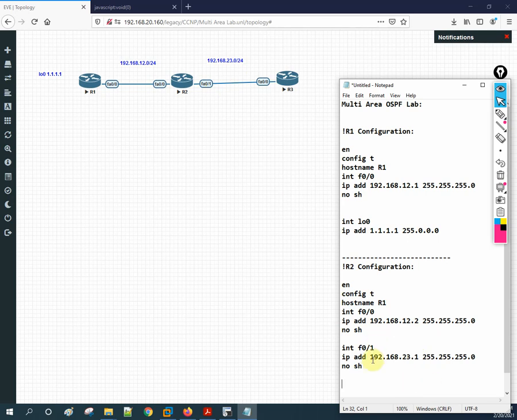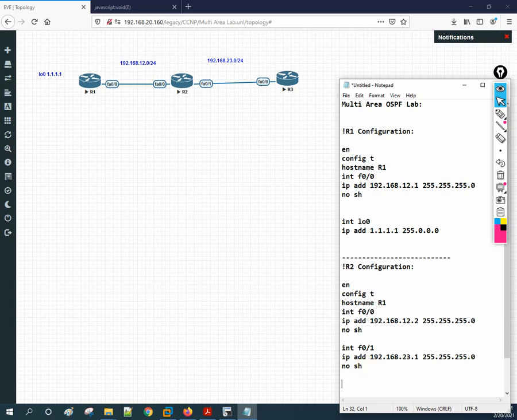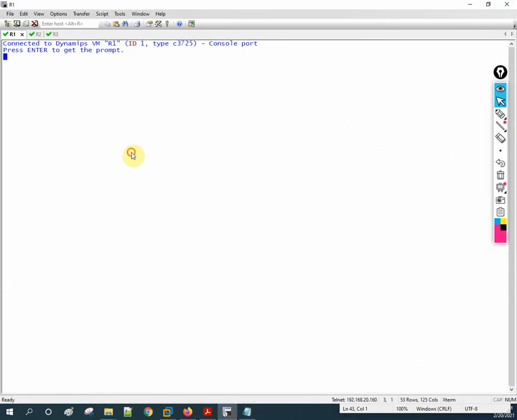And for the router 3 I will copy from here to here and I will go here, paste here. I will change this one as R3, and this is also R3 and here we have only one interface 0/0. You have 23.2 and this one we don't have. Okay, try to check everything is good or anything incorrect. This router is still taking time. Let it load. Meanwhile we will do the configuration.